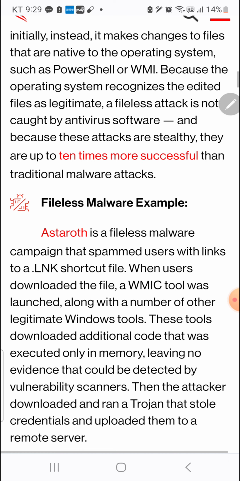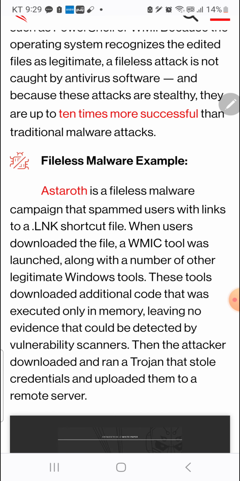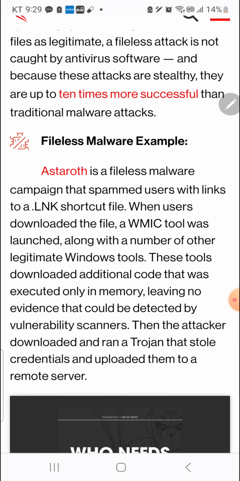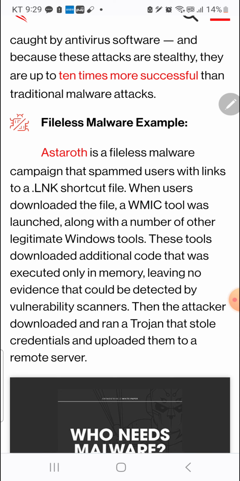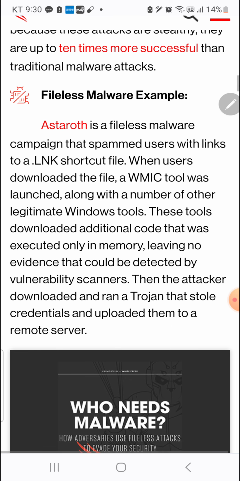Fileless malware example. Astaroth is a fileless malware campaign that spammed users with links to a .lnk shortcut file. When users downloaded the file, a WMIC tool was launched, along with a number of other legitimate Windows tools.